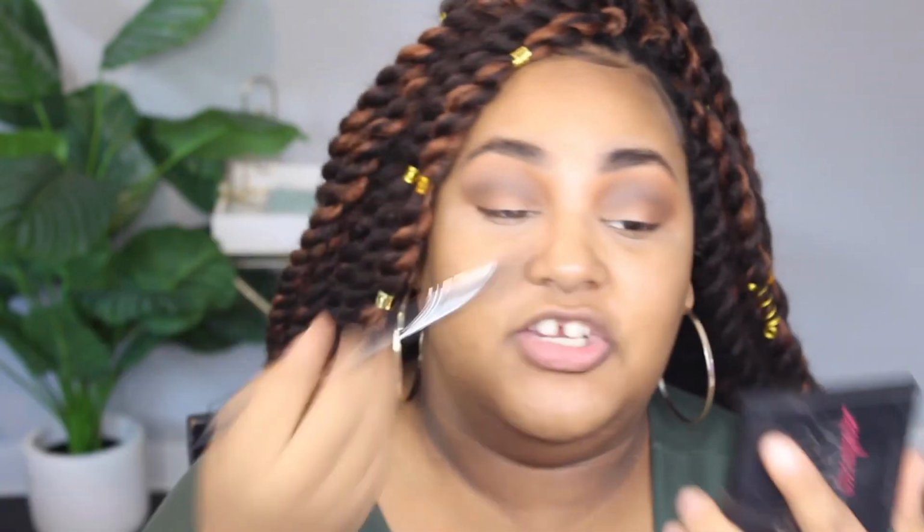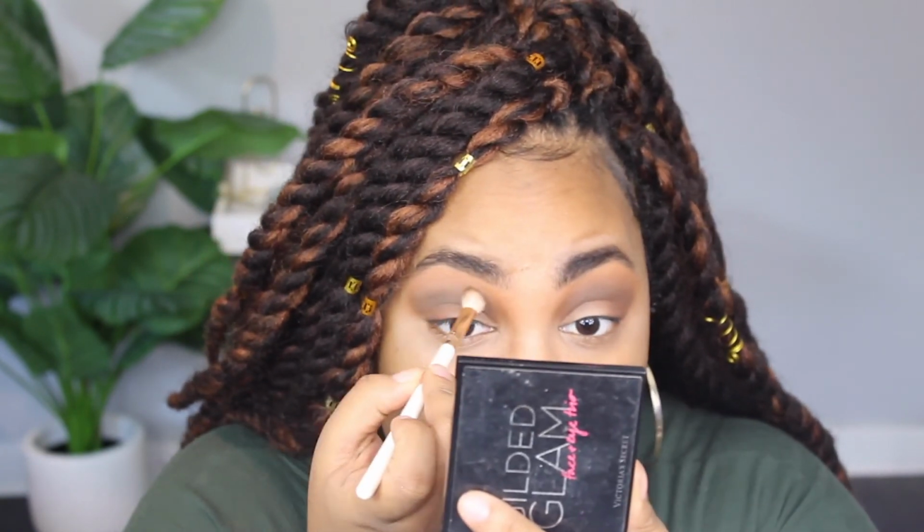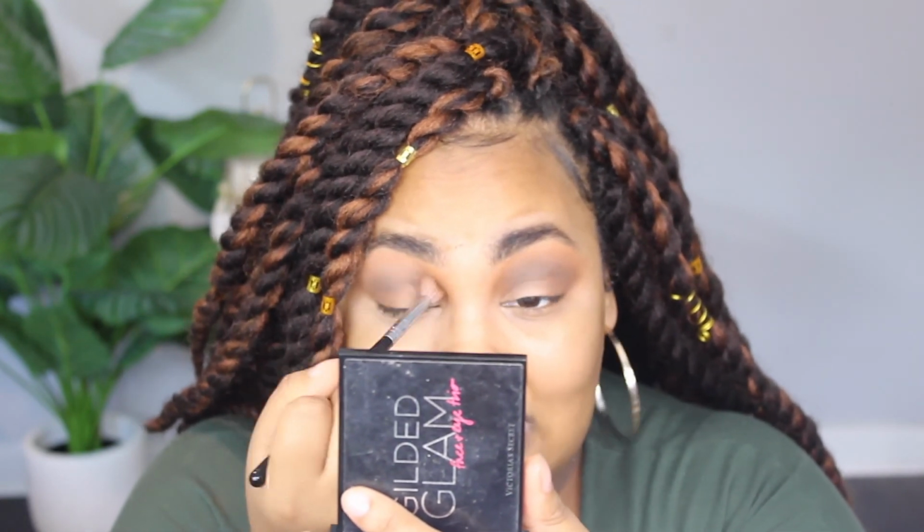And always, if you do want to get your makeup style like theirs, it's very easy to keep practicing. My makeup is not the best right now, but I used to be horrible. So practice definitely makes perfect with this, and you can learn different techniques. That's the good thing about makeup, you can always learn new things. And even if you like your style and other people don't, that's fine, because it's on your face and not anyone else's face. So yeah, girl, it's a little